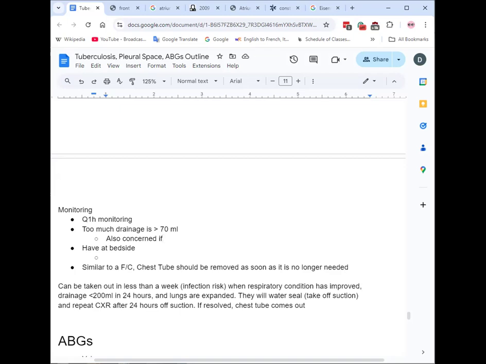I mean, if it's a hemothorax, it's expected. But if it's the pneumothorax, then I guess it'd be kind of weird. Yeah, so we already mentioned if it's too high. Is there any time where we're worried if it's too low, if you get what I'm saying? Yeah, so basically what I'm getting at is you're not just concerned if it's above 70, but you're also concerned